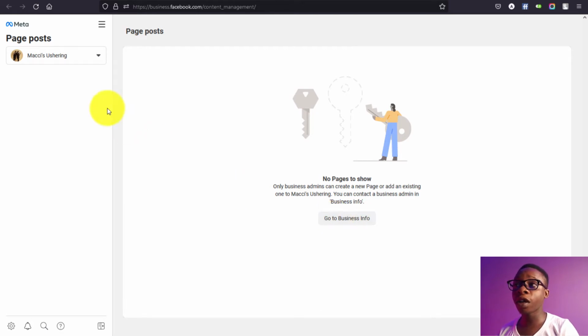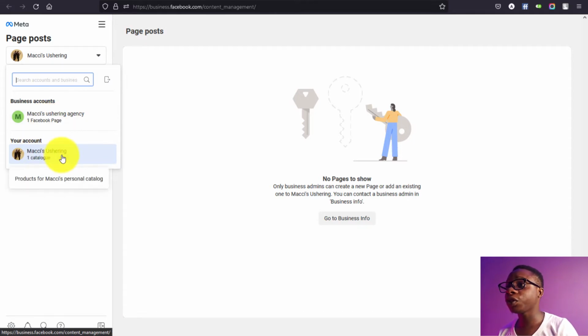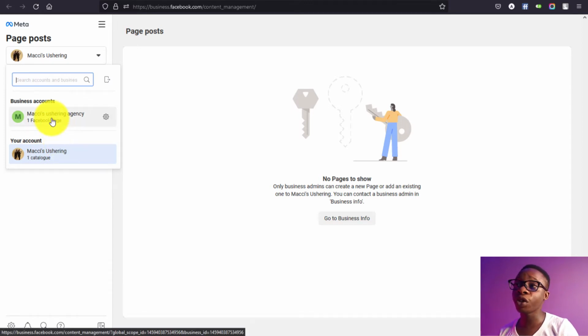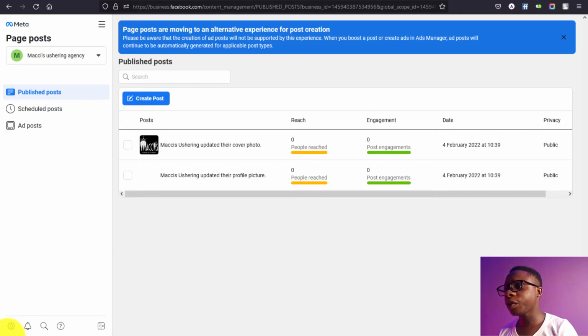But before going there, you have to be very sure of where you're going, because if you notice, we have two accounts here. One is showing the business account and one is showing Mrs. Ushering. We have to be very sure which is which, because this is what we just created now, so we didn't put any logo on it. So we have to be very careful. We click on this, then when you click on it, you are going to click on